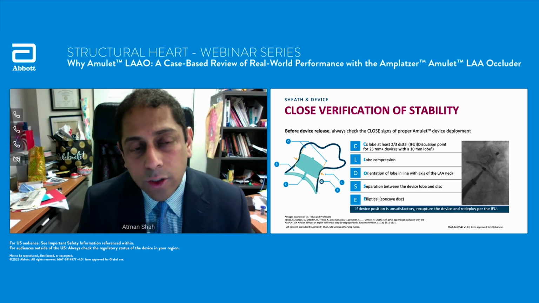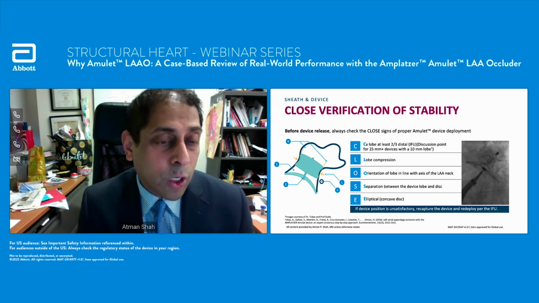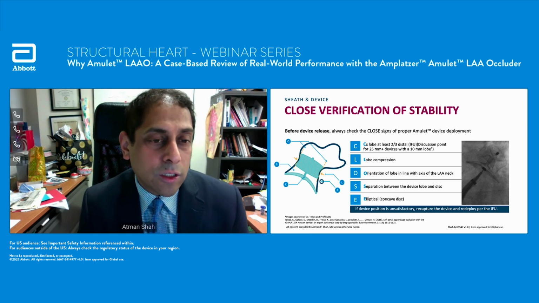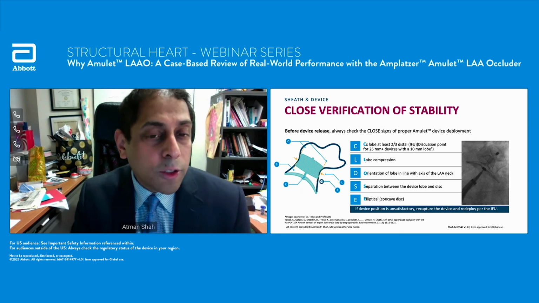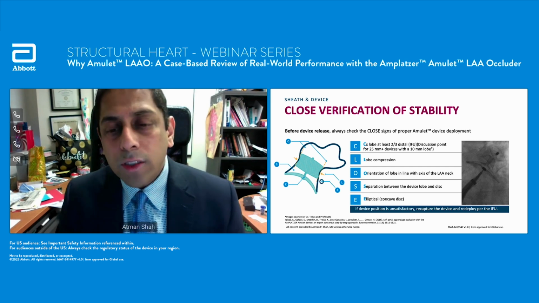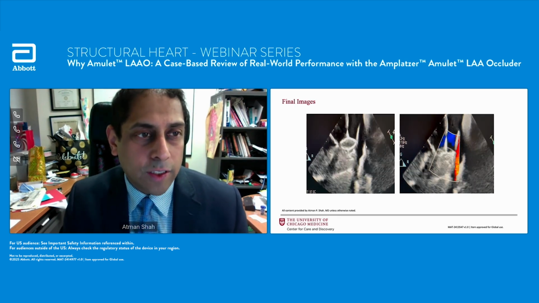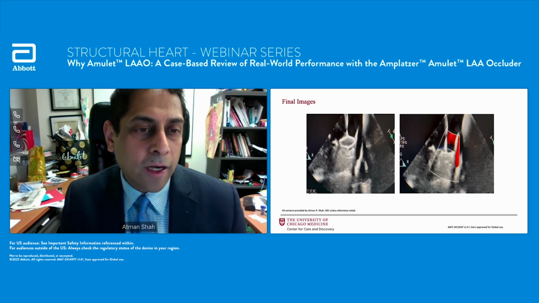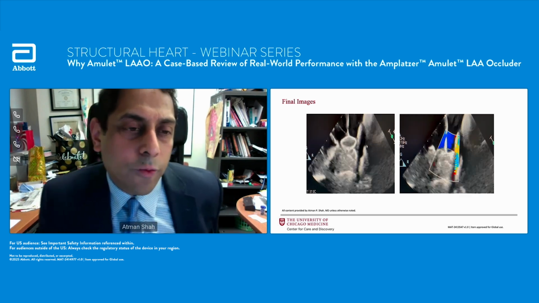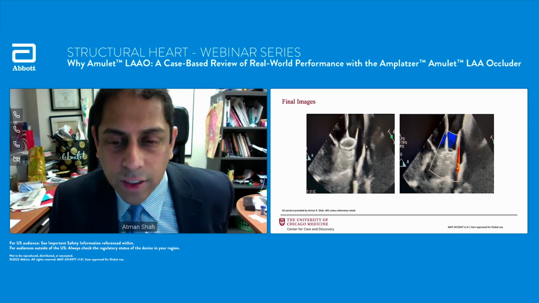I also like to use O for offset, where both my attachment pin and my distal pin are offset from one another, which then confirms the orientation of the lobe. S is separation between the device lobe and the disc. E, elliptical, it gives you a concave disc. Once these are all met, and after doing a tension test, the device can be released. And here's another example, more magnified. We can see the pulmonary vein off to the right. We can see doing the tension test and then releasing the tension so the device sits in there,